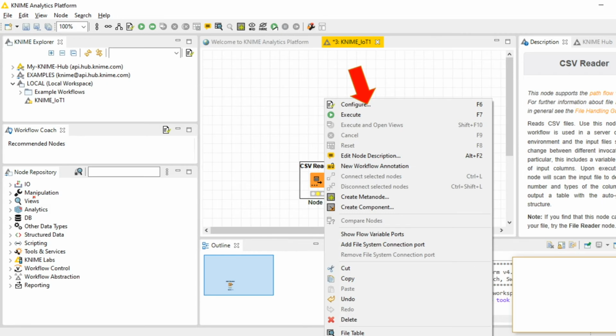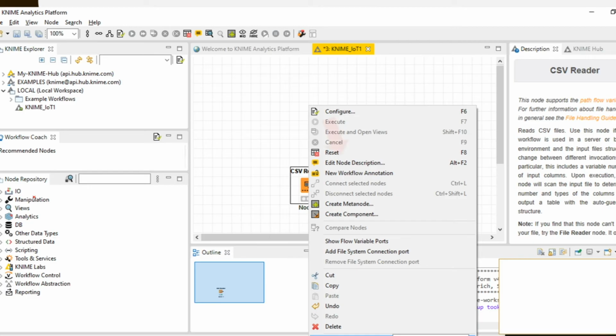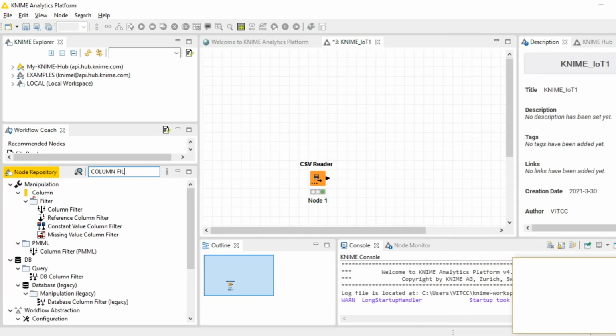Before that, if you want to configure and execute the CSV file, you right click the CSV file, then you can configure it and execute it. If you want to visualize the table, you can view the file table. You can do this before inserting your column filter node. Once you configure and execute and you've seen your table, then you can go to your node repository